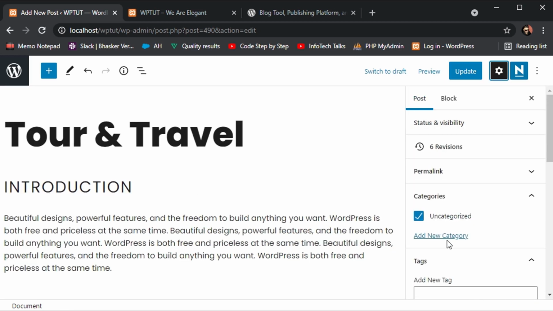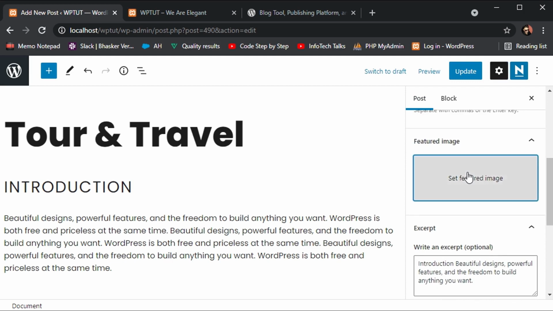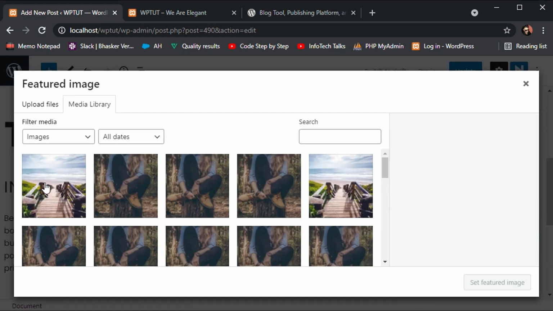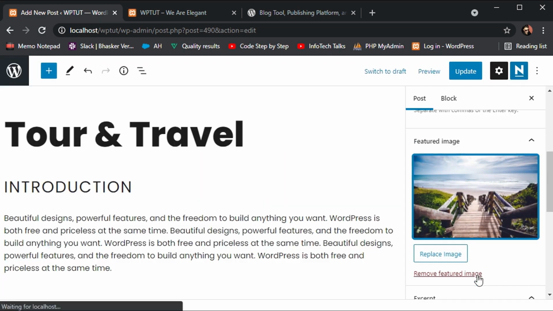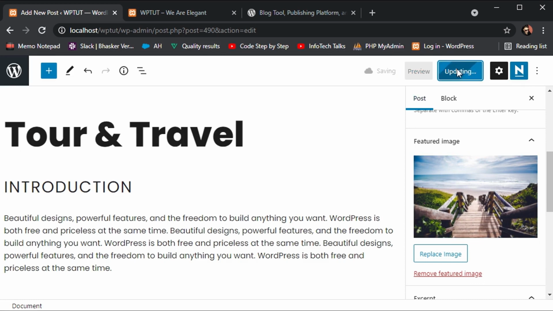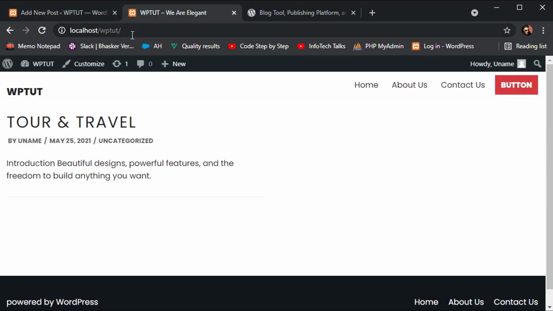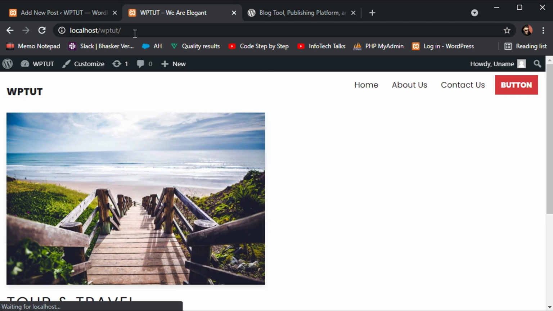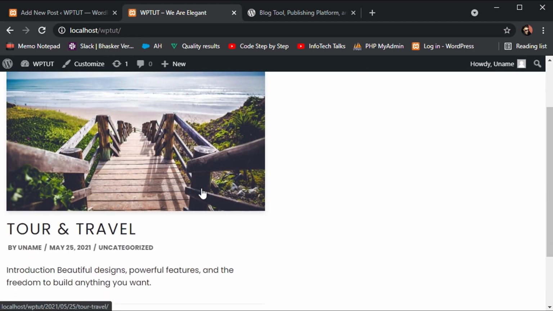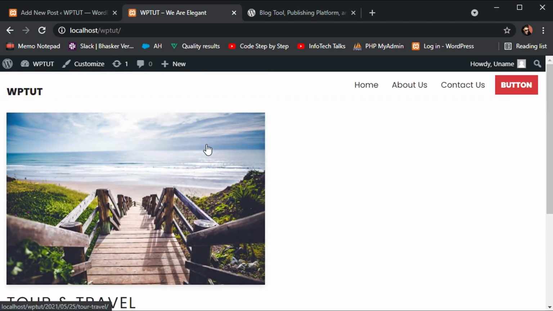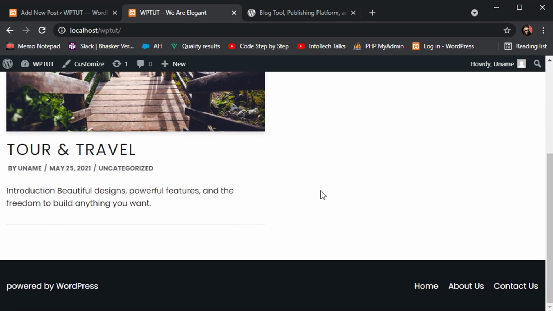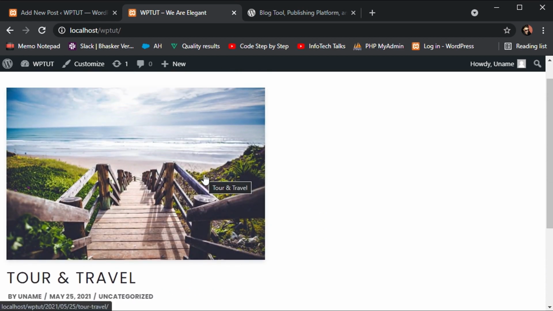So under post you can see the option to set featured image. Simply click on featured image, select the image you want to set, and then publish it. As soon as you update it, you can refresh and you will see the featured image is also being displayed here. You can enter into the post by clicking on the image or on the title.